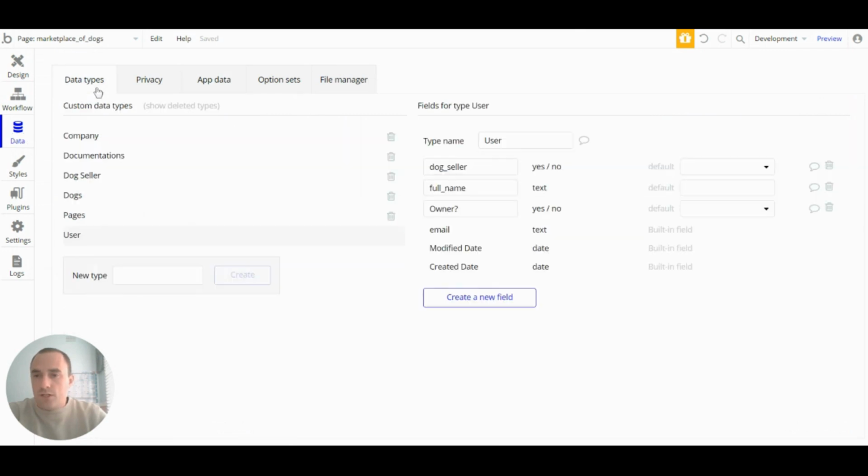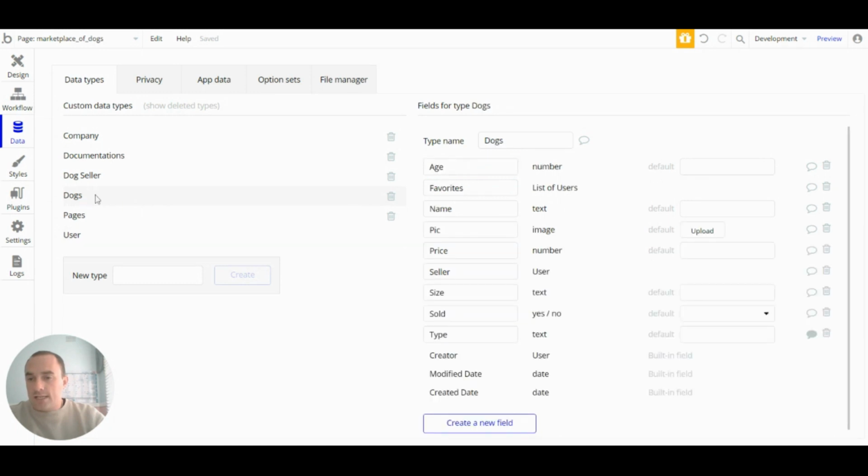So the first thing I did was on the user data type, I added this field called dog seller, and that's a boolean, so a yes or no field type. And this will allow us to tell if a user is a dog seller or not really easily. The next data type I created was the data type for the dogs, and this just holds